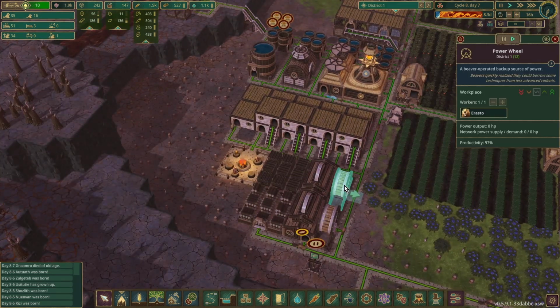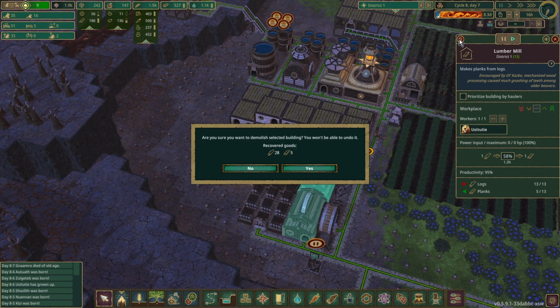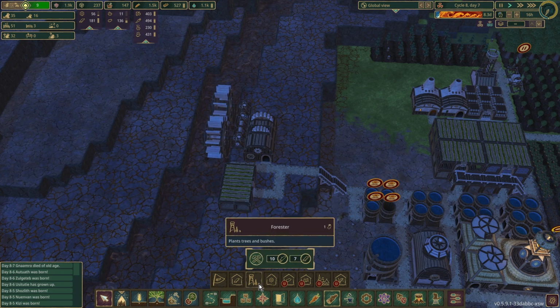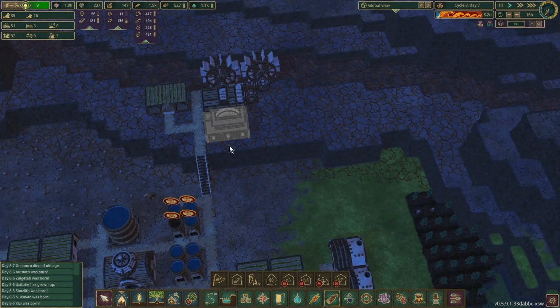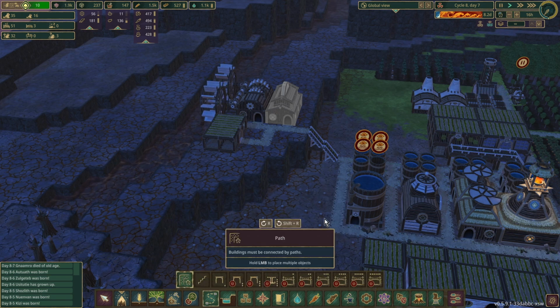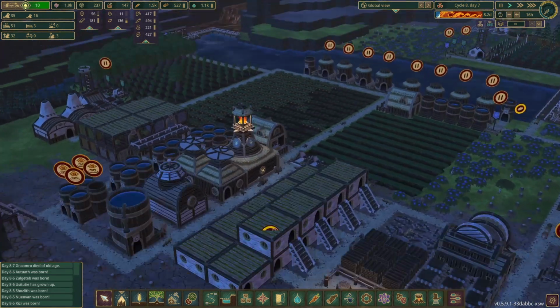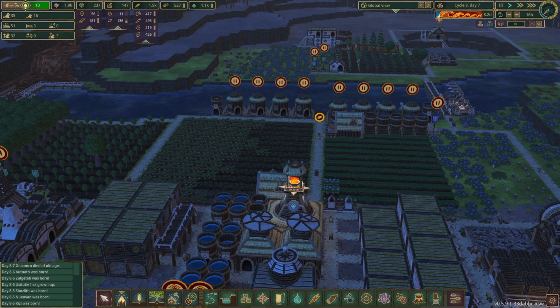yeah, I'm going to demolish the lumber mill and power wheel down here, and I'm going to pop in a lumber mill just there. And then we'll bring a path along here and we can put other stuff on this side here. That's my plan. I will also just join those paths up there to cut down on the distance. There is one other thing I want to do, but for the moment,